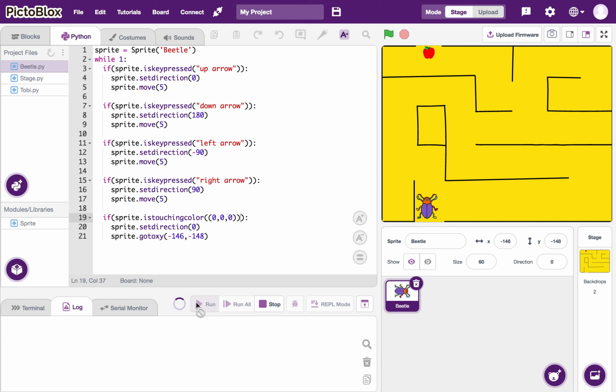And now you can see whenever the sprite touches the black line, it is coming back to its starting